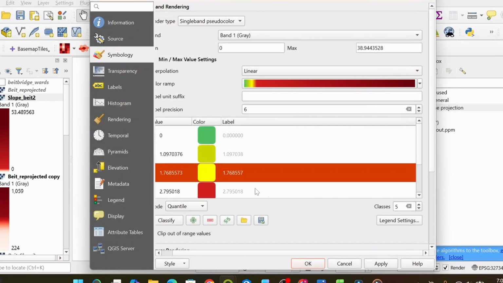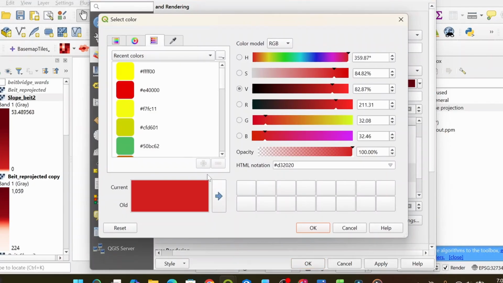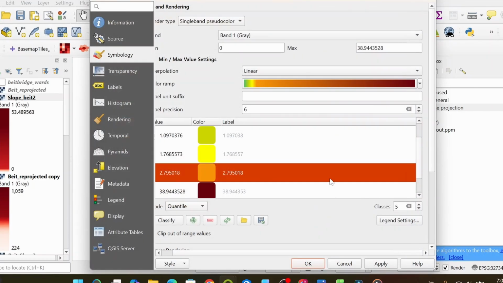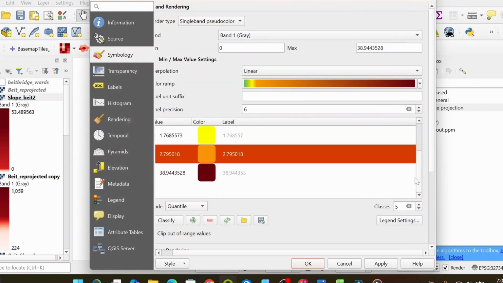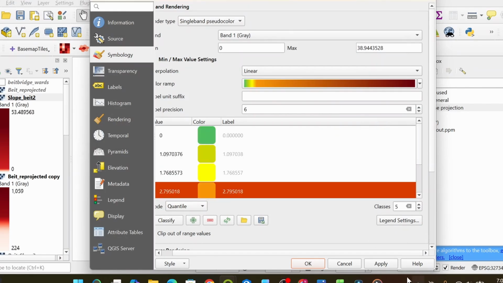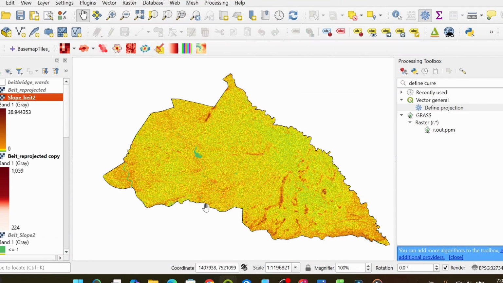This one. Take this one. And then this one is this dark color. Okay, let's apply. Okay. So another thing that we're going to